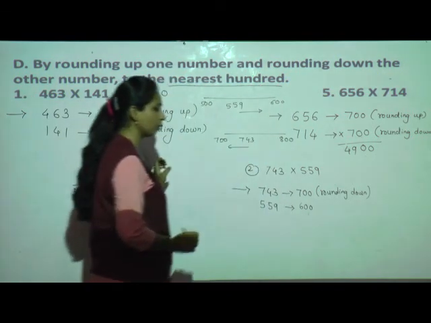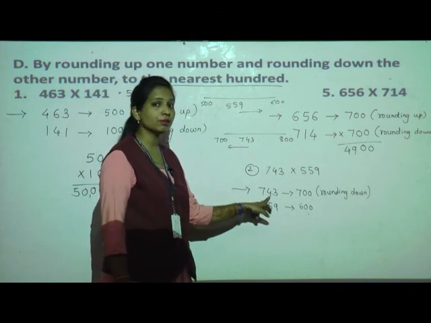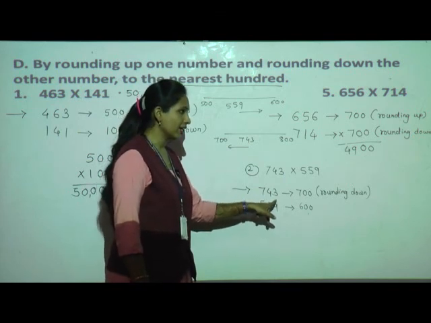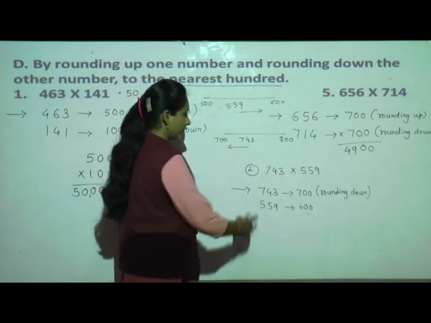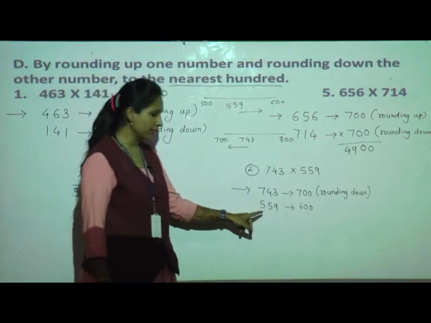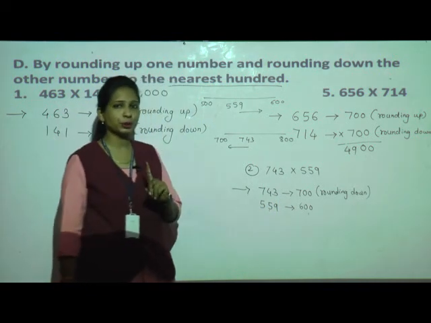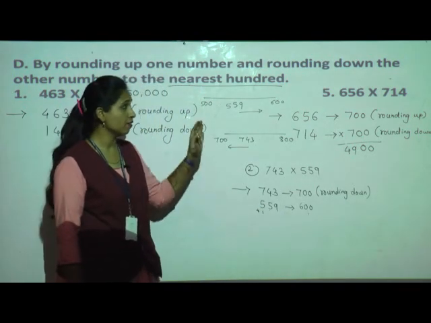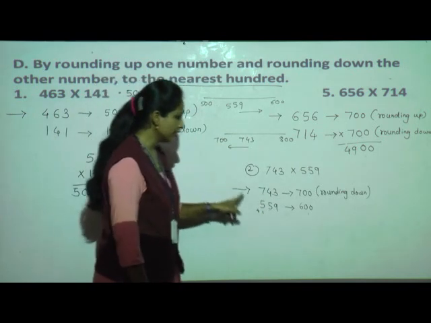But we should go with the rule only. What is the rule? If it is 4 or less than 4, we will place the zeros in ones and tens and we will write the hundreds place as it is. So we are going with the rule. And 559, so we will underline the tens place. It is 5, or more than 4, we will place 0 at the ones and tens place and we will add 1 to the hundreds place. So when we add 1 here, it becomes 600. We are going with the rule. We are not taking just any up and down. We should see the numbers also. So in this case, what is happening?